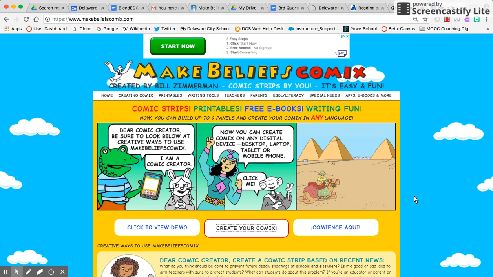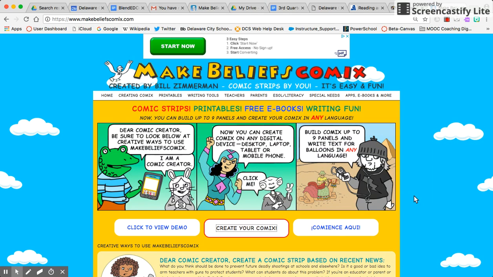MakeBeliefsComix is a website where you can create a comic strip. You can do a minimum of 2 panels all the way up through 9 panels on your comic strip. The first step is to go to the website, which is